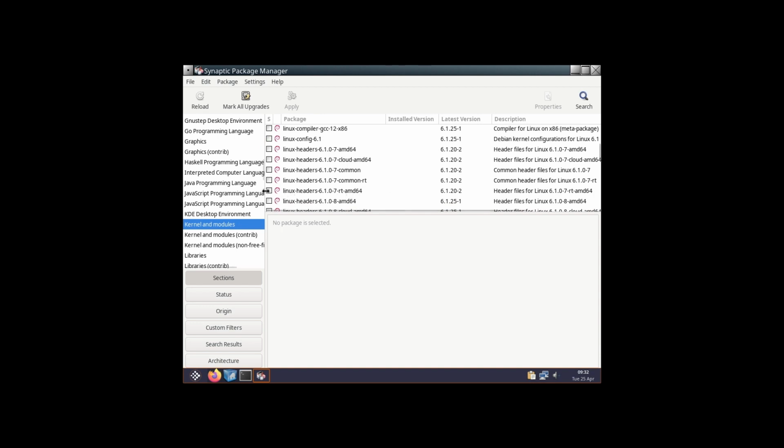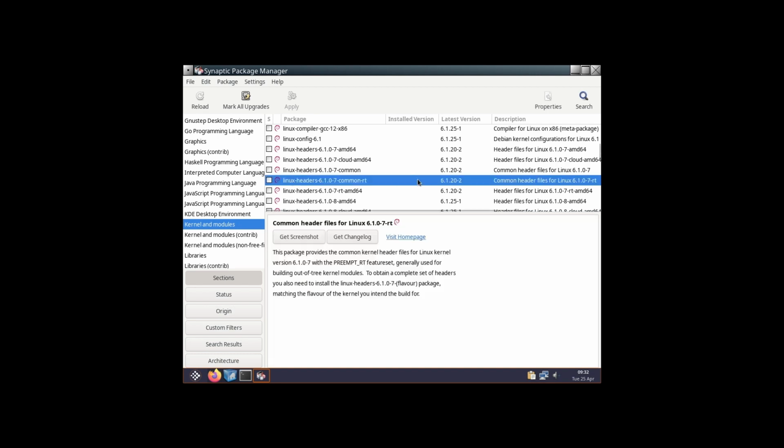For example, let us go with this RT kernel. So the RT kernel is there. This is one new thing for you. The RT kernels that are available in Debian are also available in this Siduction Linux. So we can install the RT kernel